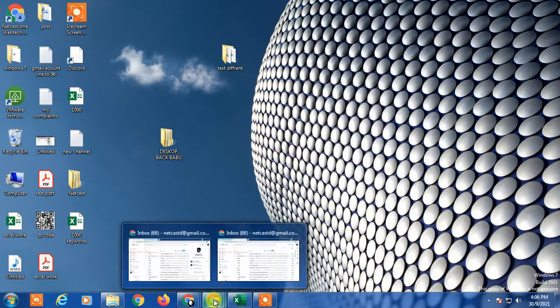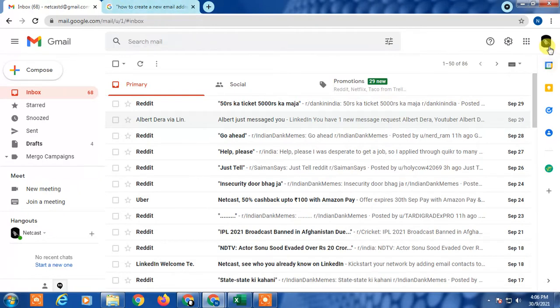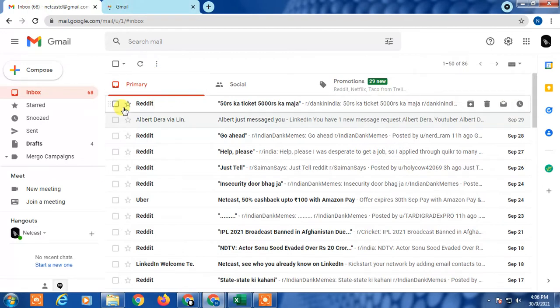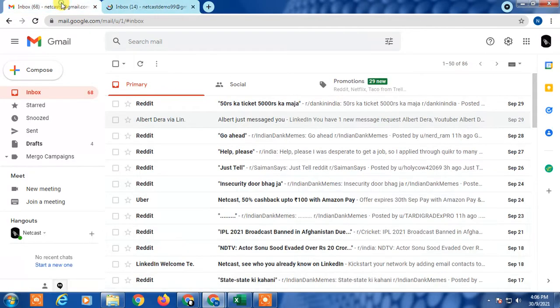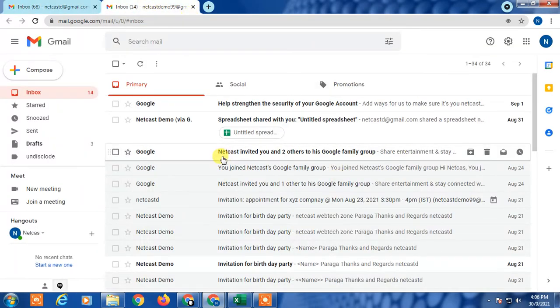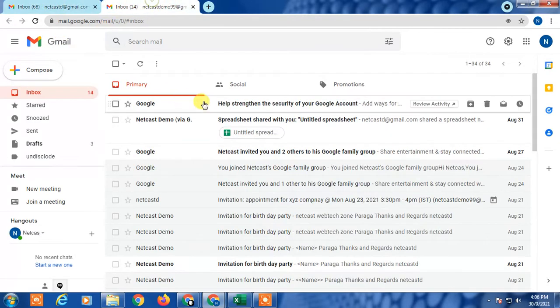Okay, so here we have two Gmail accounts open. You can see this is my one Gmail ID open here, and this is my second Gmail ID open here. As I told you, Google doesn't have a policy as of now that you can merge data of two Gmails, but you can still use some option or feature so that you can use two emails in your one main email ID. Consider this is my main email ID, and this is my second email ID.